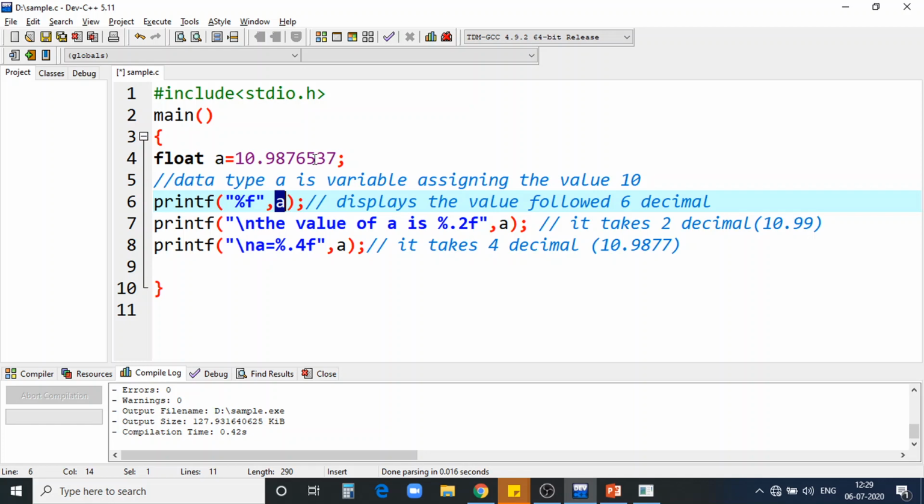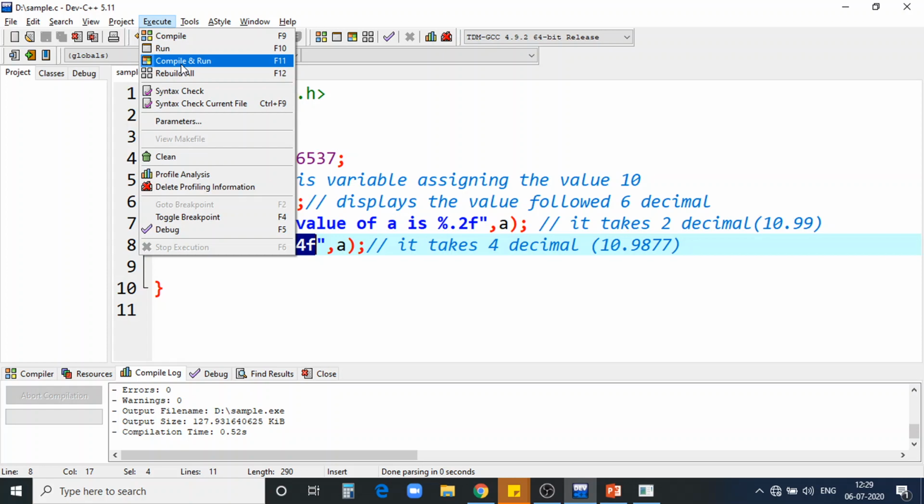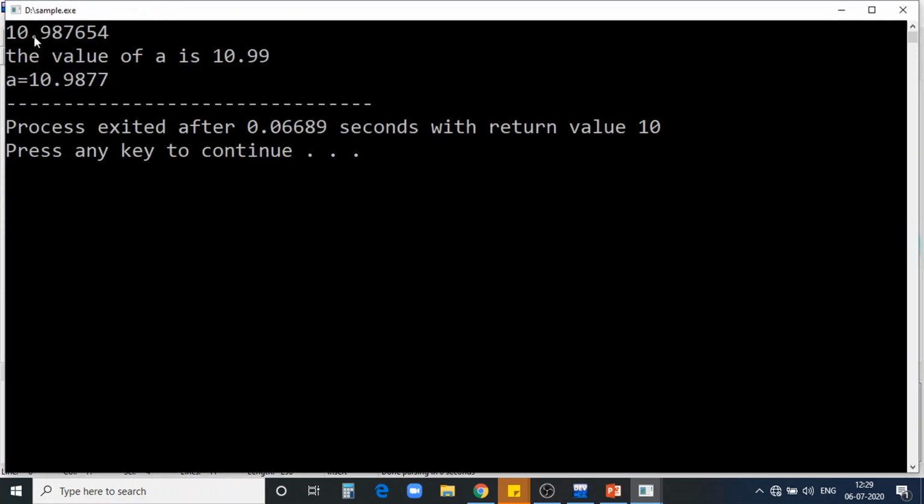Now if I want to cut off to 2 or 3, I can use percentage .2f. .4f will take only 4 places. Compile, no error, compile and run. See here, it is taking only 6 places, here only 2 places, and here 4 places.